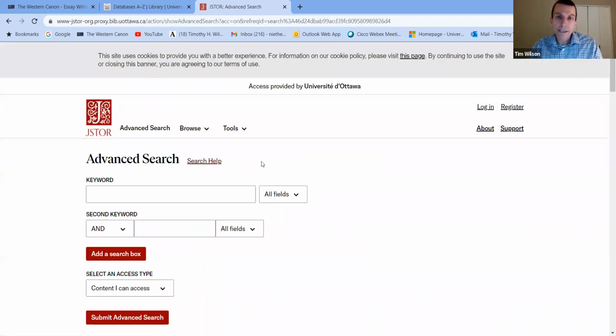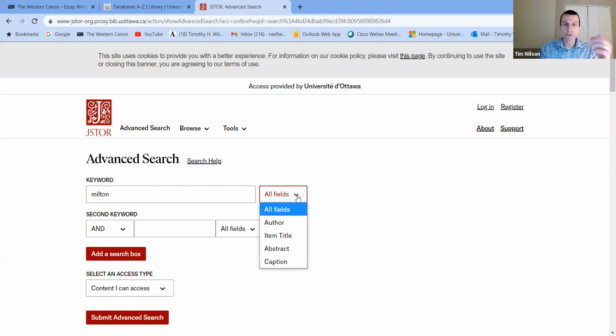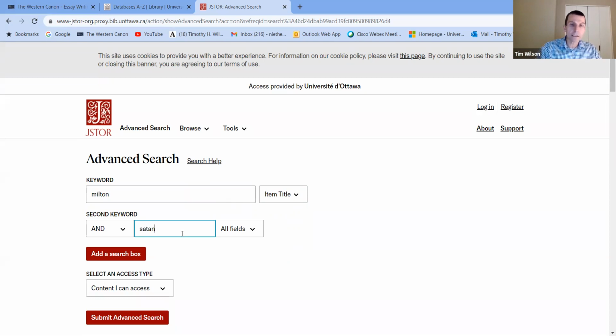So I would go to, let's say, the advanced search function, and I'm saying, okay, I'm going to do an essay on Milton, and I'm doing an essay on Milton and Satan and heroism. Let's try to figure out if I can find, because there are hundreds of thousands of articles there, so we're going to have to narrow the field down quite a bit. A good way to narrow it down is to make sure that Milton's in the title, make sure Satan's in the title, let's say,